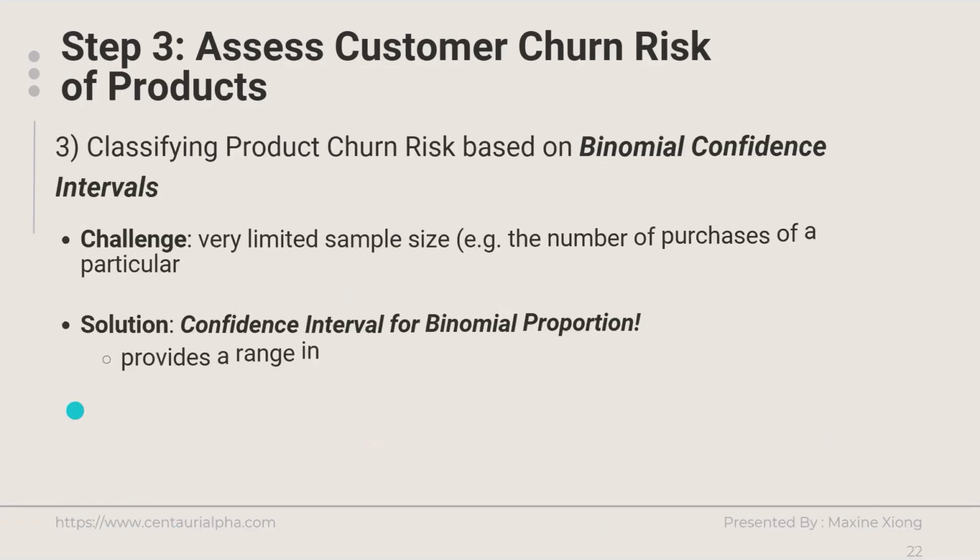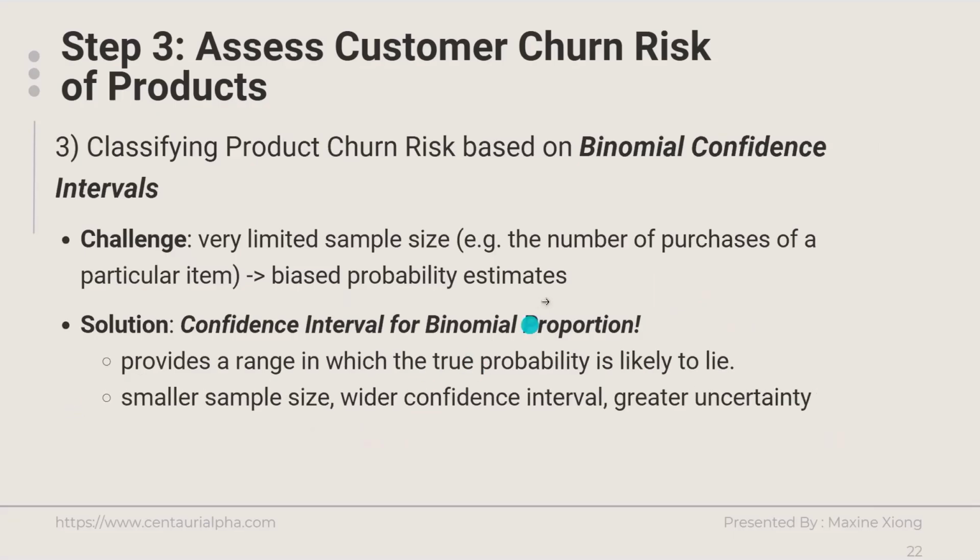When classifying product churn risk, we face another challenge: small sample sizes. For some items, the number of purchases is so small that their individual probability estimates may be unreliable. This happens because, as stated by the law of large numbers, as the sample size increases, the sample mean will converge toward the true population mean. In contrast, smaller samples are more likely to deviate from the true probability, leading to biased estimates of an